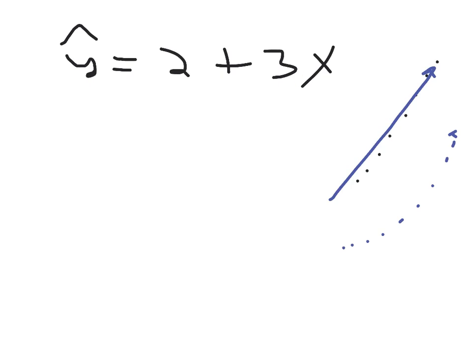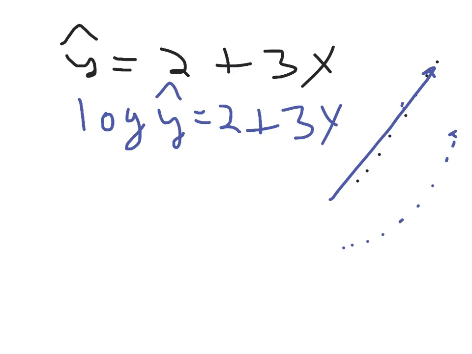The reason that line did not go through this original data is because you're really looking at this: log of y hat equals 2 plus 3x. That's what you're really looking at. So mathematics says I've got to get rid of the log, so I exponentiate both sides. When you do that, the 10 cancels out the word log. The 10 to the log power cancels out, just like the log to the 10th power cancels out. They're inverses of each other. So that just leaves you y hat, which is the equation that I want, equals, now look at this